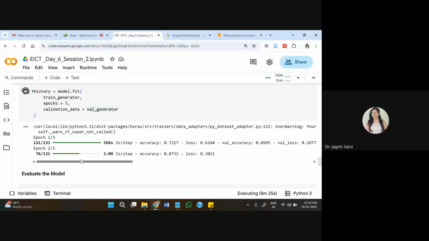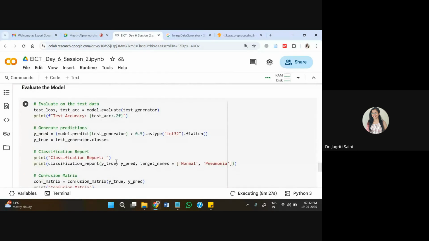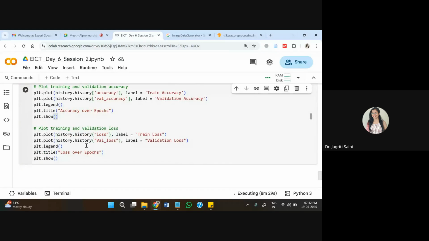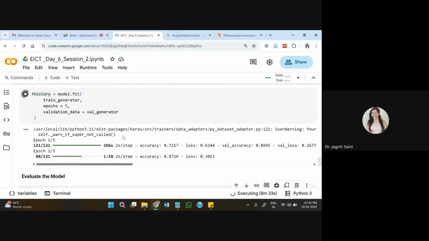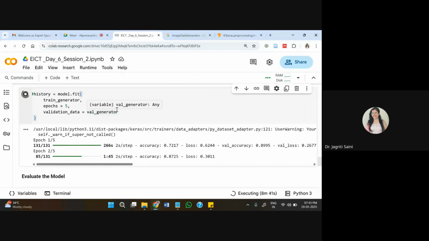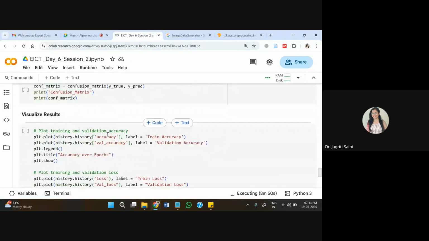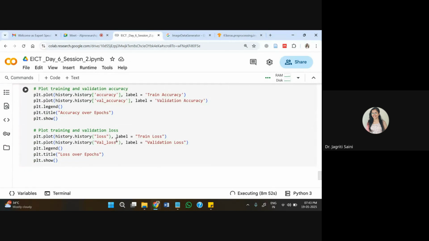As soon as this training process is done, we'll be able to see the outcomes of this here. We'll be able to see the plots for this entire sequence. So currently it is working. It is on the second epoch. So we can wait maybe for 5 more minutes as it is executing, and maybe within 5-7 minutes it will finish its execution, and then we will be able to see the evaluation and we'll be able to visualize the results.